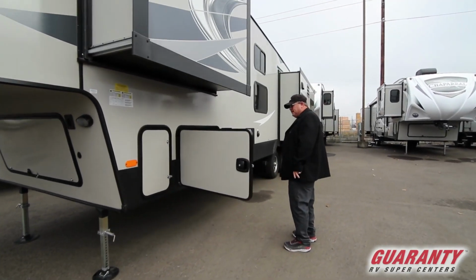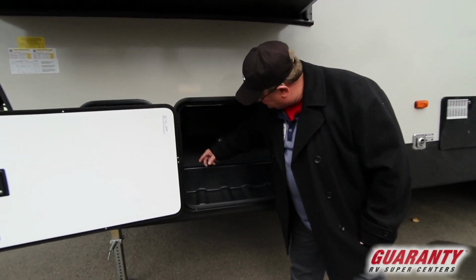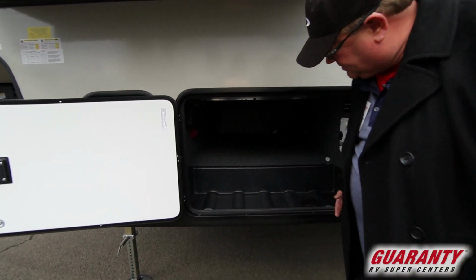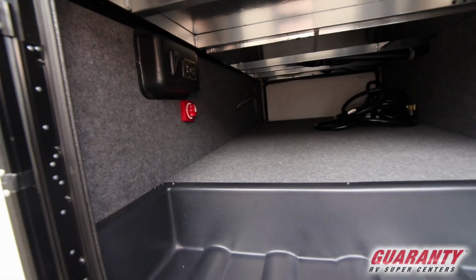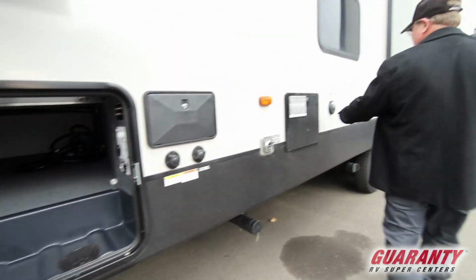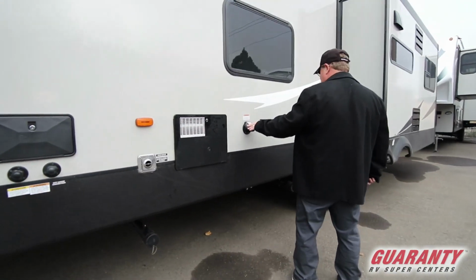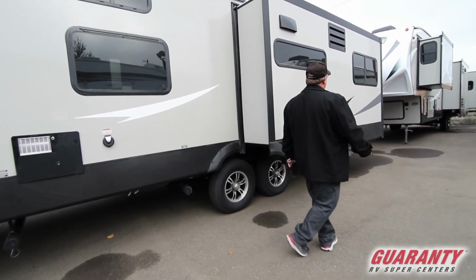Here's your control panel here. This has got auto leveling jacks, your shut-off valve for your battery disconnect, outdoor shower. Here's where you hook up your water. There's your water heater right there. Plug in for your service right there for the coach. All your sewer right there. But these two slides on this side,